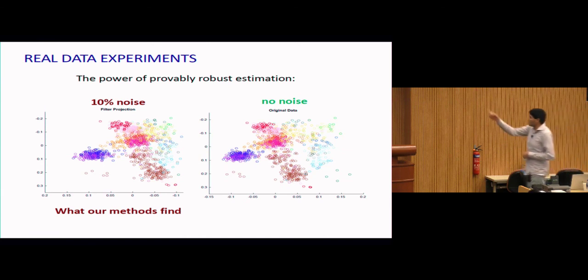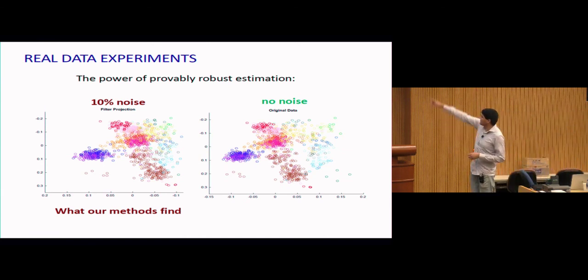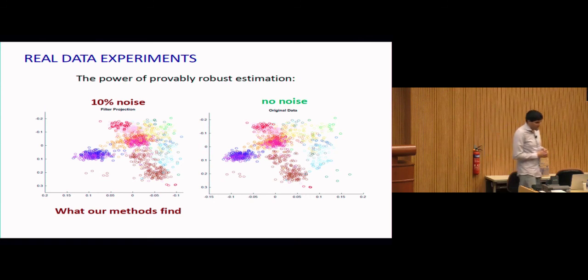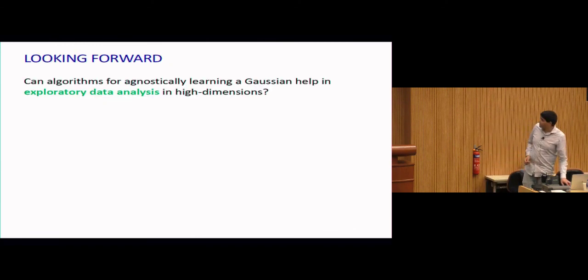I should also mention we lost Turkey. So you see this constellation of dots down here is Turkey. Now to be fair, this is really a data set with about 1,300 data points. So it seems reasonable that you lose a little bit on these things, and they are somewhat outliers in the original projection. But these singular vectors that it finds are actually quite close to the original ones, which is pretty neat. So let me at least mention some more philosophical things that I think are neat things to think about.